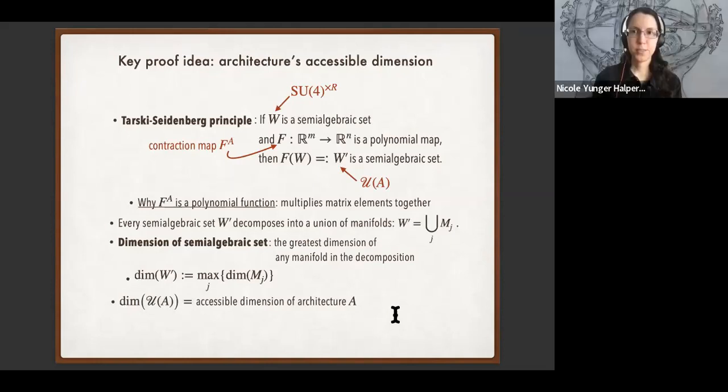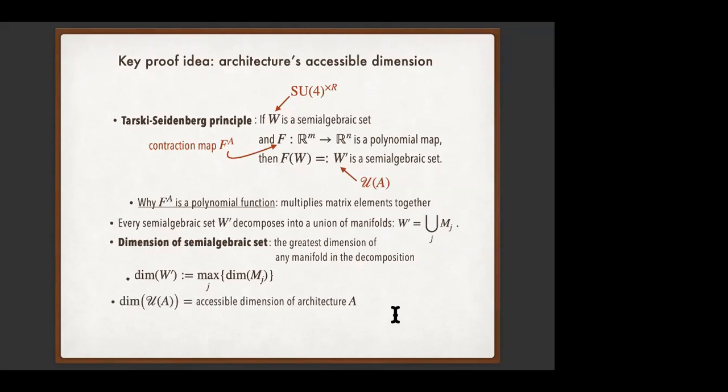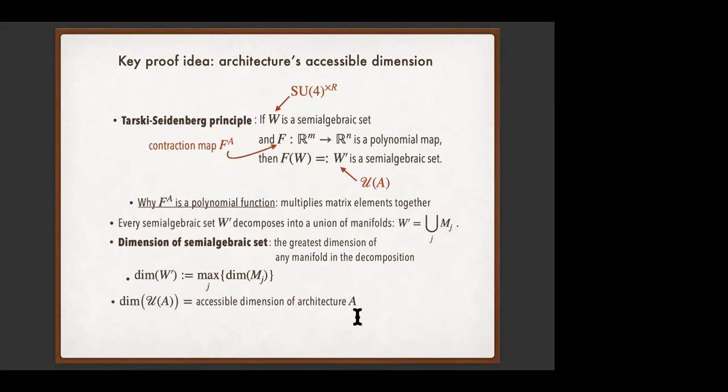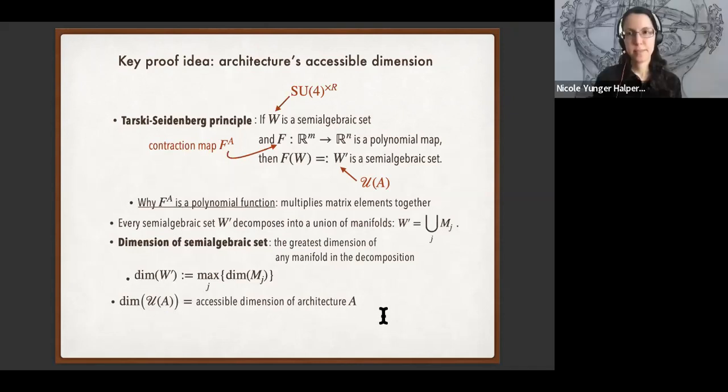Yes. In the proof that I'm going to show later, well, actually, I'll present a proof sketch, and one of the details that I will not show, that was just something that we needed to prove as a lemma, was that the maximum rank of this map is the dimension, the accessible dimension. I see. Okay, good. Thank you.